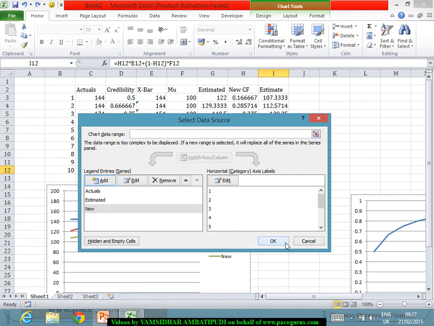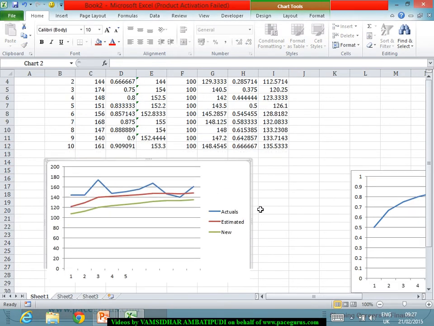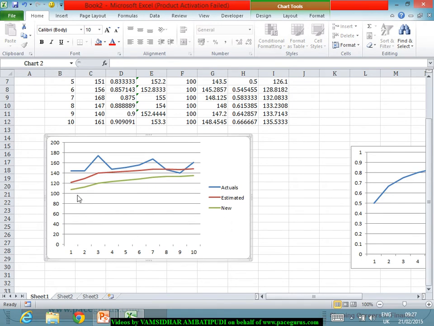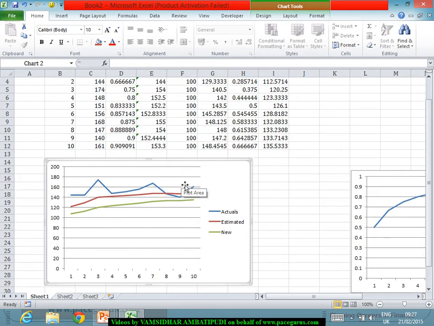Now this is what is coming more to the newer estimate. The new is much below in almost all the cases. This looks slightly smoother compared to our earlier case, right? And it's always lesser than the actuals, because more and more weightage is going to the prior in this case, because the prior is not having too much volatility in itself,